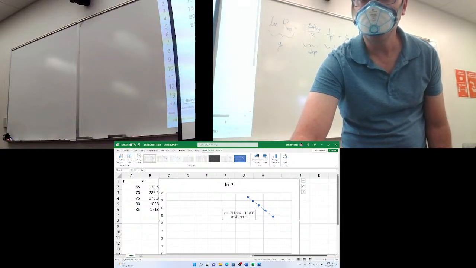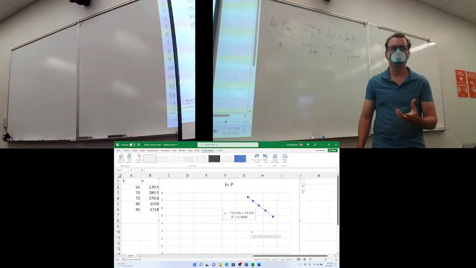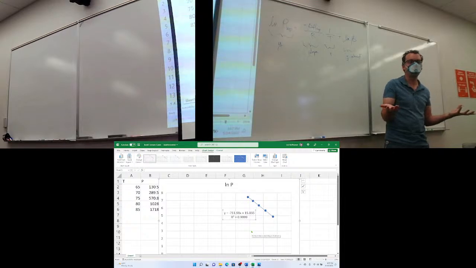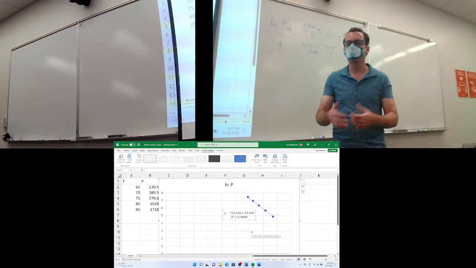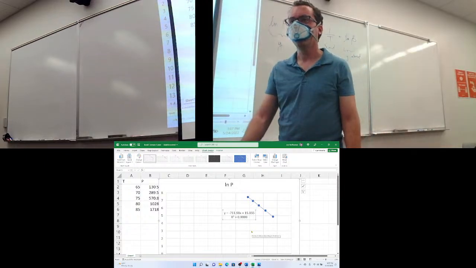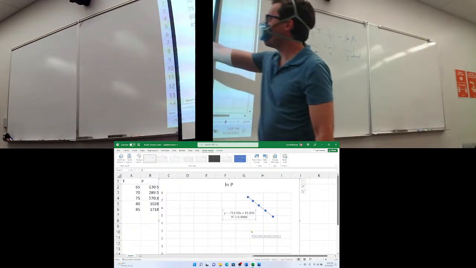We've got a slope, we've got a y-intercept, and the r² value is just an indicator of how well the line fits the points. The closer it is to 1, the more perfect the fit is. So that's pretty much perfect data. Normally your data is not that perfect, but so there it is. There's our slope,